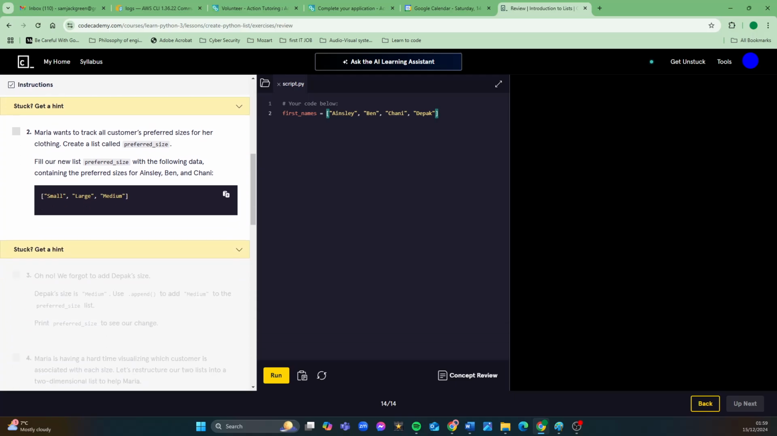2. Maria wants to track all customers' preferred sizes for her clothing. So create a list called preferred size. Notice the spelling of preferred: P-R-E-F-E-R-R-E-D. Fill our new list preferred size with the following data, containing the preferred sizes for Ainsley, Ben and Chani. So preferred size, and we'll assign to it